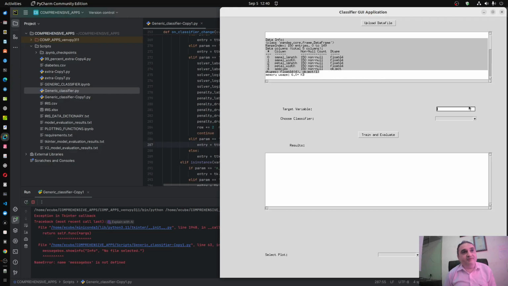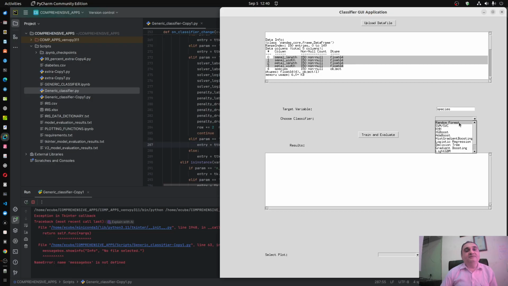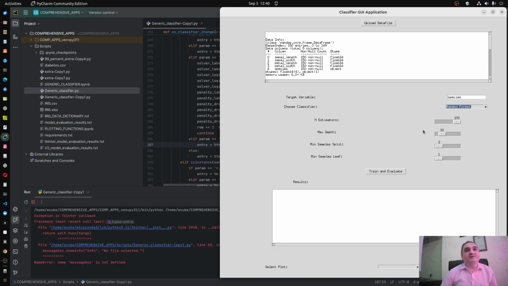Let us first put the target variable. Target variable means what you are trying to predict. So as I said, I am trying to predict the species using this sepal length, sepal width, petal length, and petal width. Okay. Now, this is the random forest algorithm which I am choosing. As soon as I choose that algorithm, you can immediately see that some important hyperparameters of that algorithm, which are normally used for tuning that algorithm, are populated on the user interface.